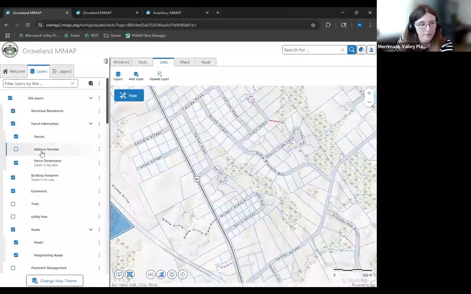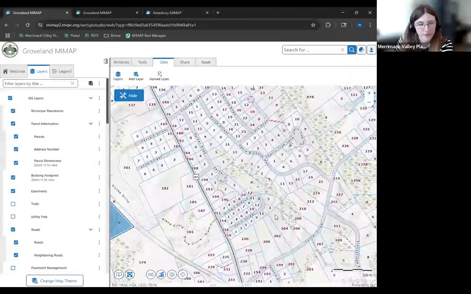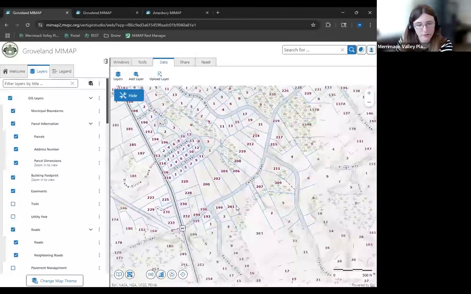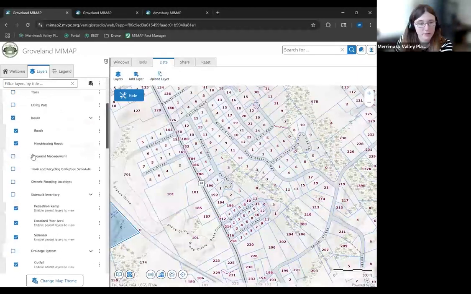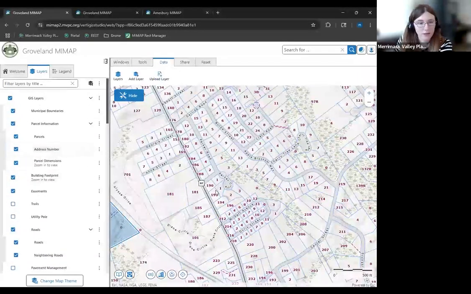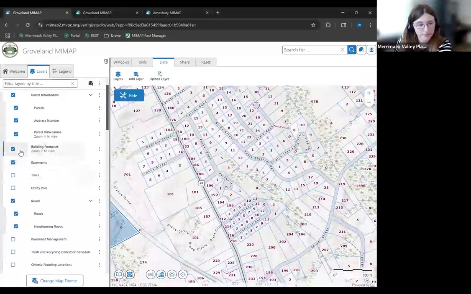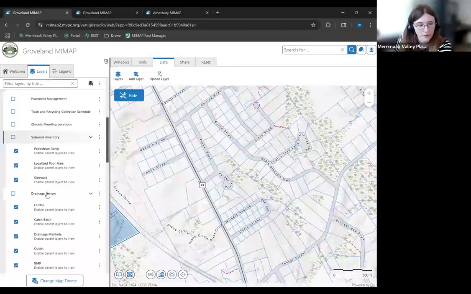And now, of course, we have some easy ones as well for you to bring up, for instance, address number, those sorts of things. And of course, all the layers here are customizable. It just really depends on what you as a community want to show. It can be either public or private in this viewer as well. You need a login or you don't need a login. So what we're looking at right now is all public information, and I'll show you the signed in version in a minute. But if I go down, you'll see these are all the layers.